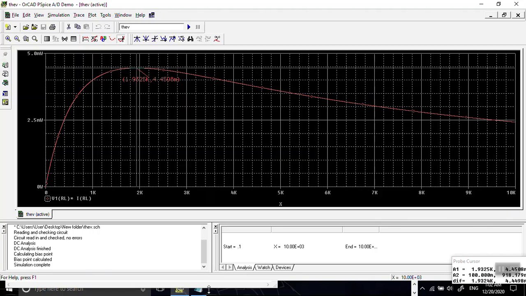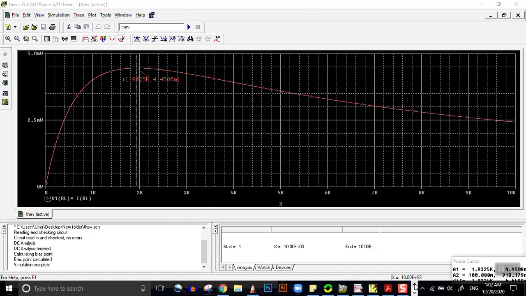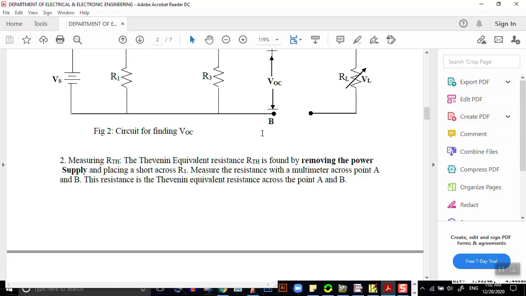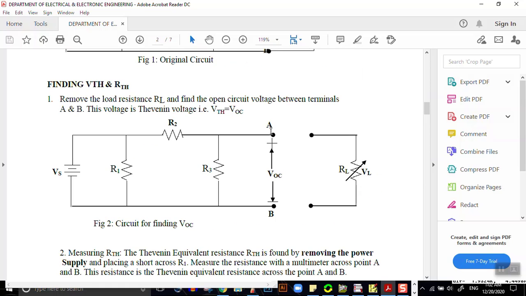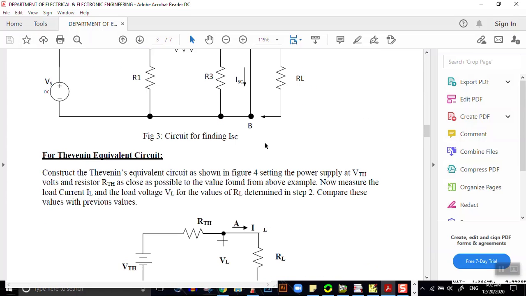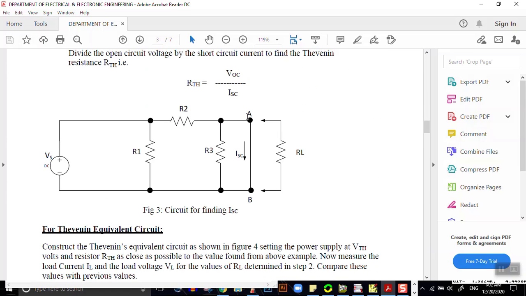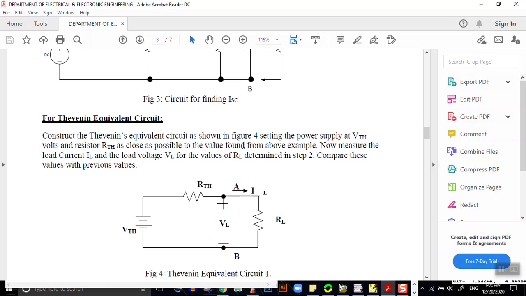Then, since you have already calculated the circuit by hand, you'll put a resistance RL of 1.9375 K and you'll measure the power. That is, you'll manually find out the maximum power through the load resistance, and you'll compare this value with the value that you obtained